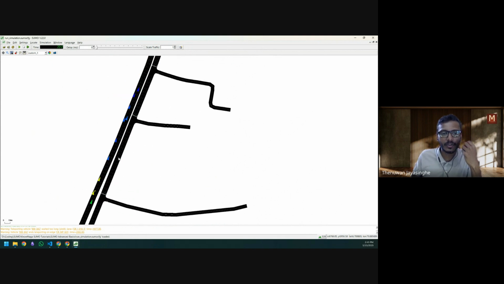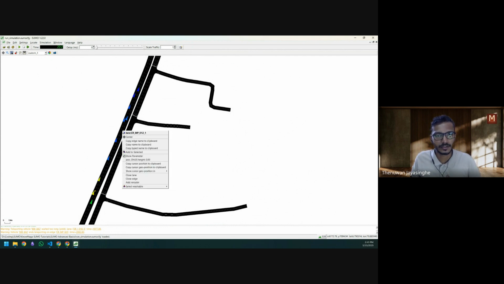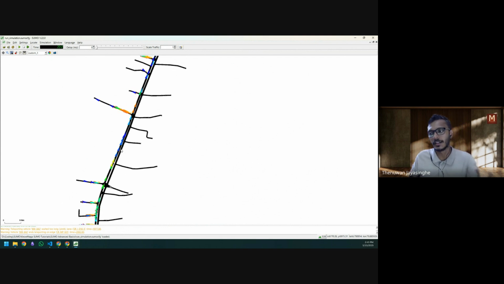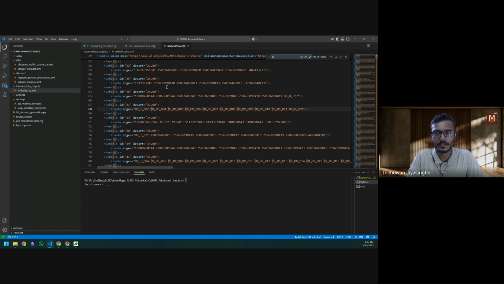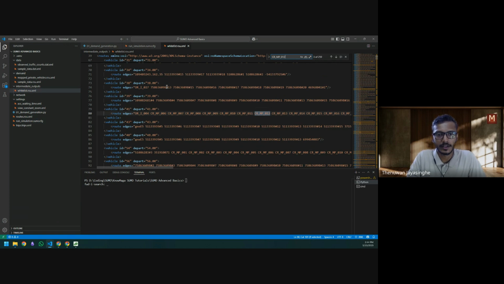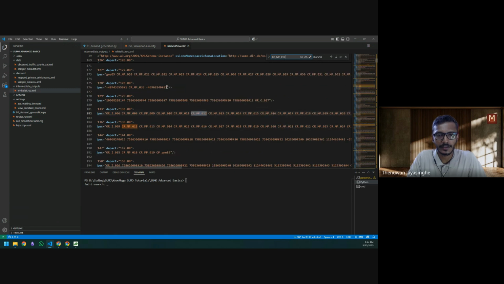So ideally, a vehicle should not be generated using somewhere like here. For example, this edge CRMP 012, right? Now, vehicle shouldn't be generated from an edge like this, right? Or rather, a vehicle should not enter the simulation from an edge like this. So CRMP 012. There are 359 cases as such, but let's see whether there's at least any route that